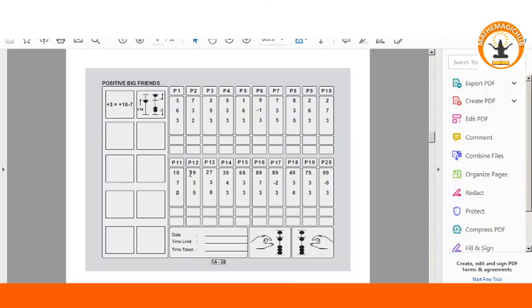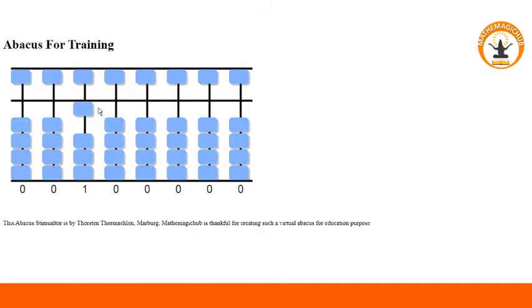One more example is 19, add 3 and add 5. This is 19. For 3 it's add 10 less 7 and add 5. So the answer we get is 27.